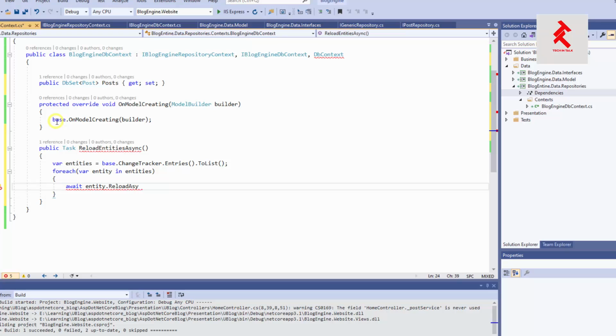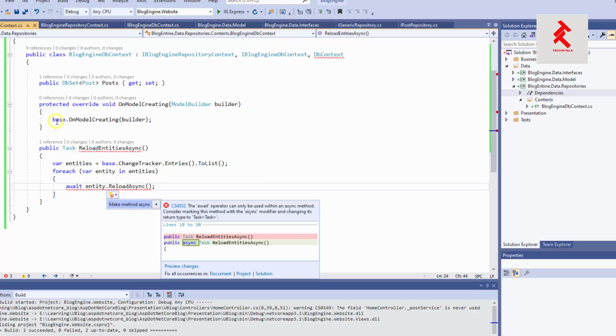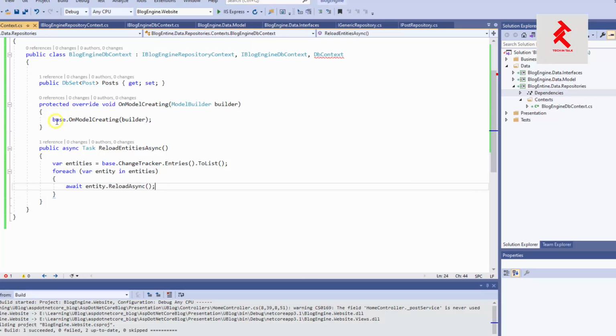And that should be async, right. And let's say, oh yeah, we need to make this